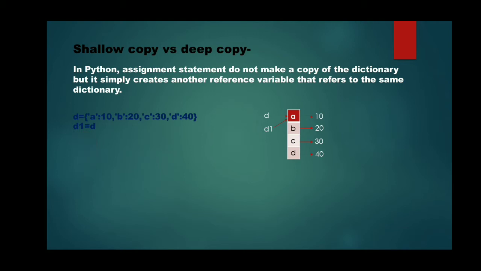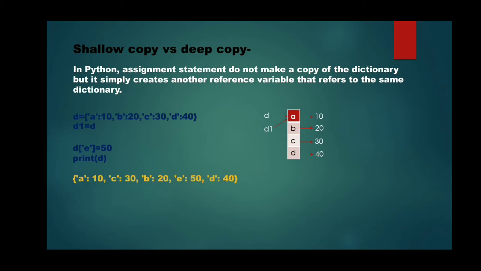But many times we want to create a copy, because of what happens in this case. See, if I have modified the content of this dictionary through the variable D, I have written D['E'] = 50. That means I am trying to add a new key value pair to this existing dictionary.